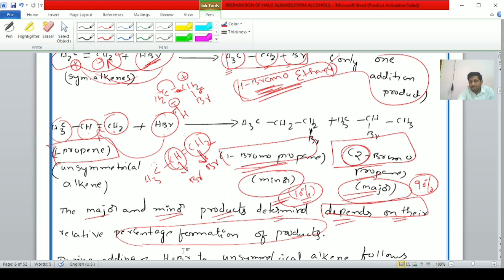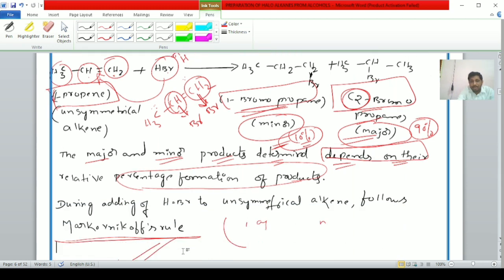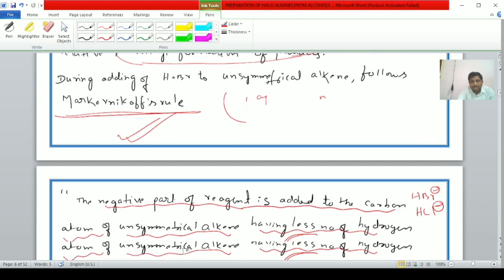Here 2-bromopropane is the major product and 1-bromopropane is the minor product. The major and minor products depend on the relative percentage of formation of the product. Highest percentage is the major product, lowest percentage is the minor product. The addition of hydrogen bromide to an unsymmetrical alkene follows one rule, that is known as Markovnikov's rule. That is,